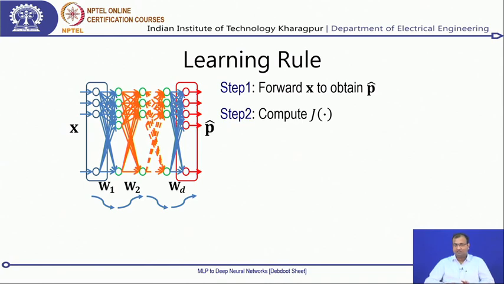Now, Euclidean distance for finding my cost function is not the only way. We are just sticking to a very basic form here, because you have seen that your cost function also needs to be differentiable, and if the cost function is not differentiable, then it does not work. So we will go into more detailed cost functions a bit later in this course, where we will bring in very specific cost functions designed for classification, and very specific cost functions designed for regression problems. They would eventually come, but as of now let us stick to the very basic form of the Euclidean cost function. So the next part is that you would be computing